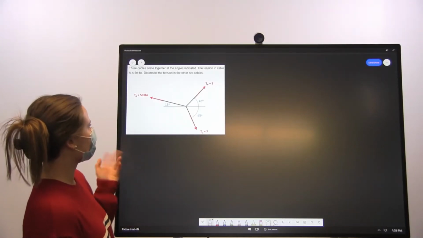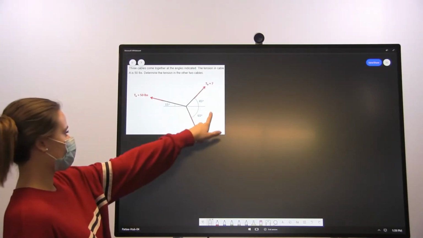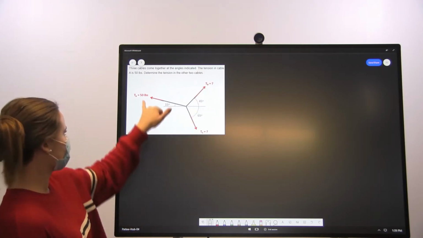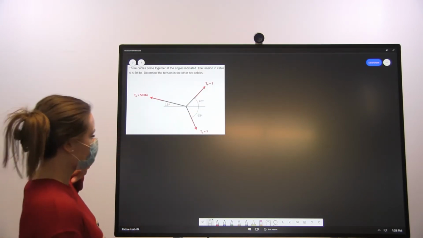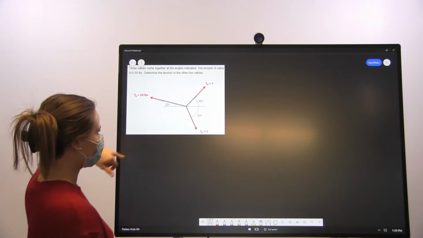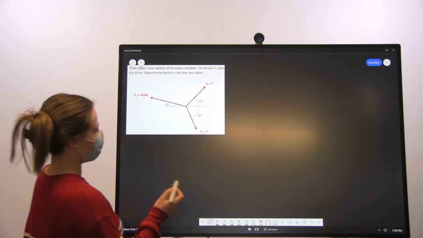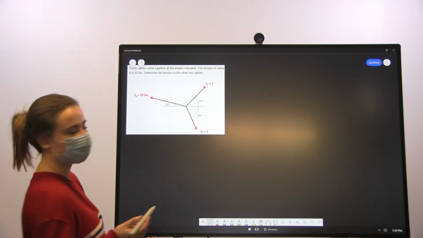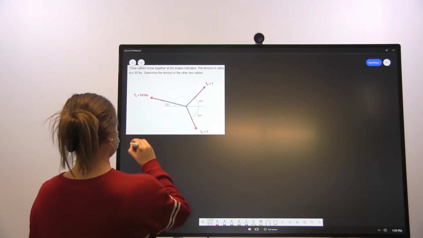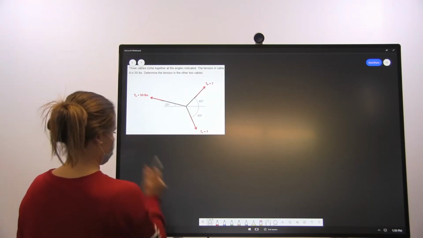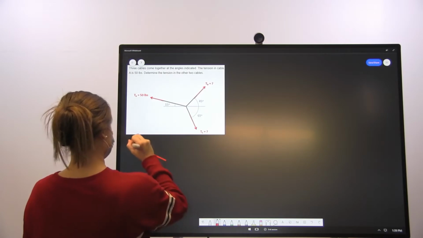So this problem is asking us to determine the tension in cables C and B if we are given the tension in cable A. So this is pretty much our free body diagram. It's pretty simple, but I think a good plan of action would be to redraw the triangles that this creates. So this is going to be our triangle for tension A,